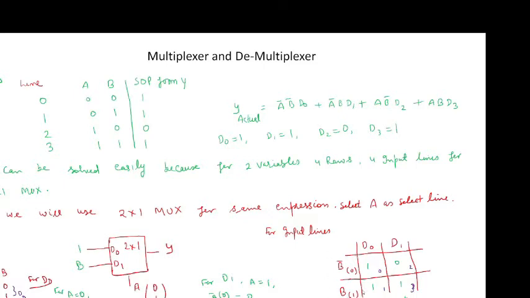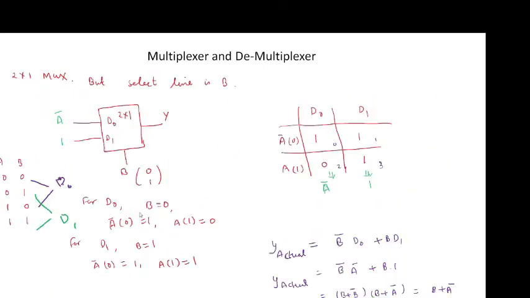Now see here that for the line 0, 1, 2, 3, this is the order 0, 1, then 2, 3. It is when A is the select line. Now when B is the select line, we move horizontally 0, 1, 2, 3.